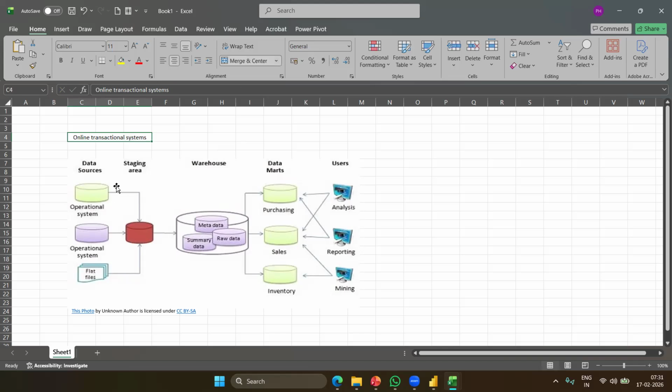Now what these systems do is capture all the day-to-day activities, right? Over a period of time, these systems have grown to a wide extent, where we have a good amount of historical data.